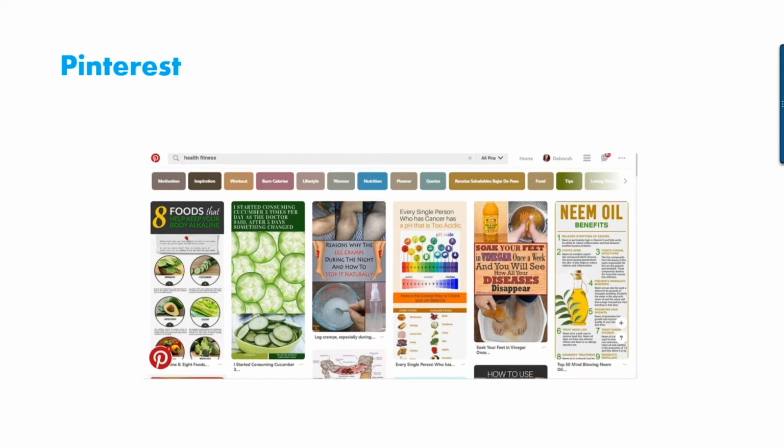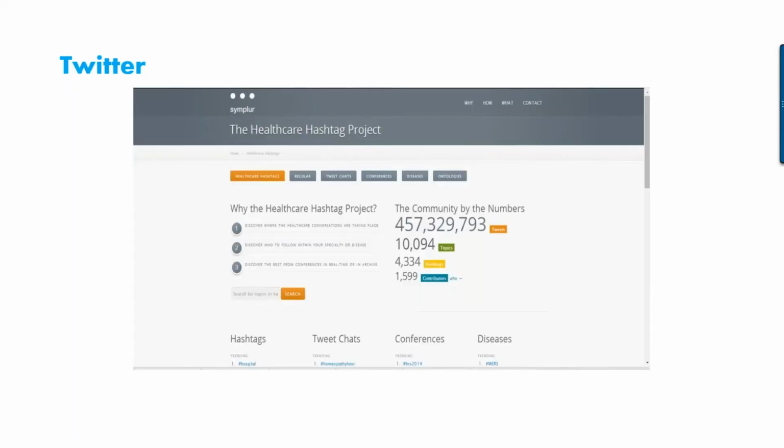their health and well-being. Twitter is also used a lot for people to engage with each other and also to engage with healthcare providers, and also for healthcare providers to have their own peer communities on. Now, the Healthcare Hashtag Project, which is run by the company Simpler, is a really interesting website. Anyone can go onto it, and you can actually see the hashtags that they've collected there. Hashtags are the way that people organise communities on Twitter, so they might have a hashtag that's around diabetes, a hashtag around heart disease and those sorts of things, and that's the way that people find each other on Twitter.